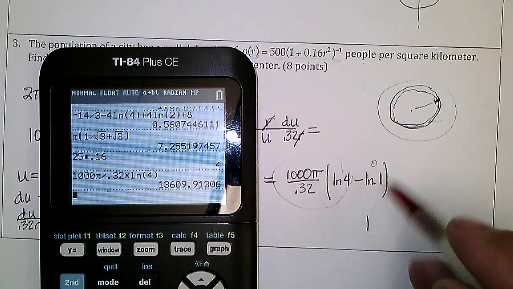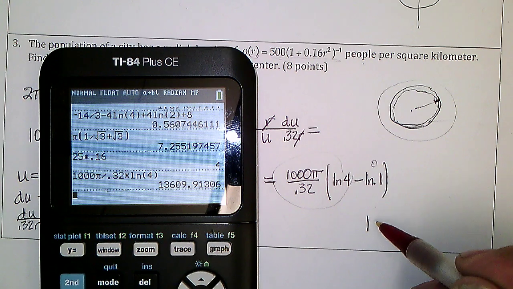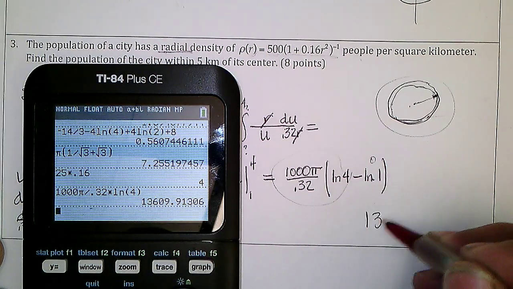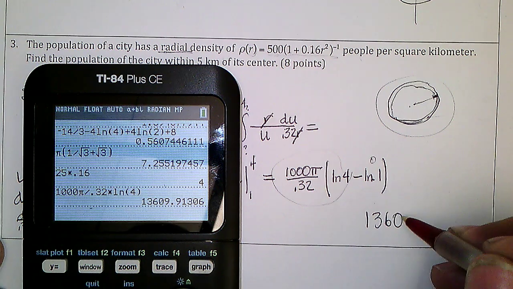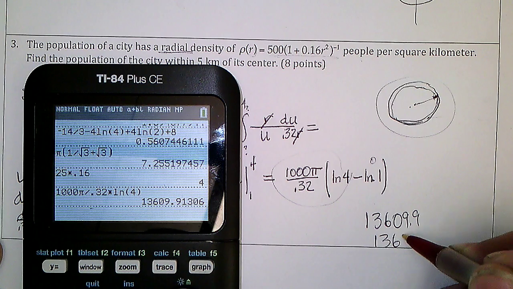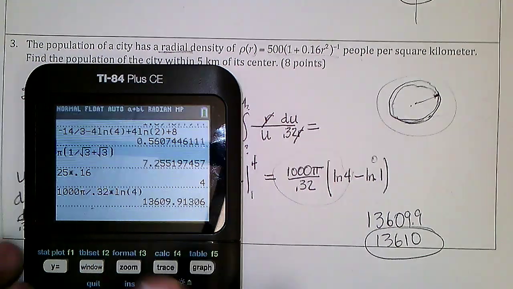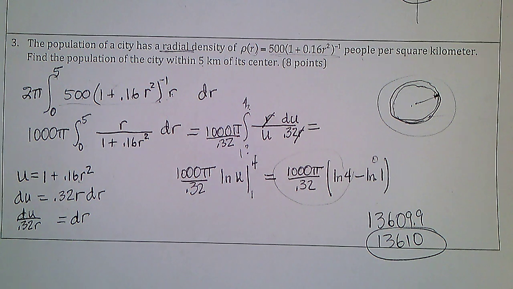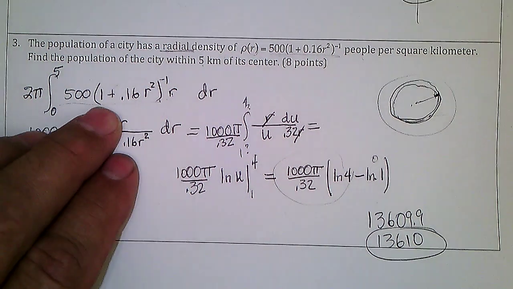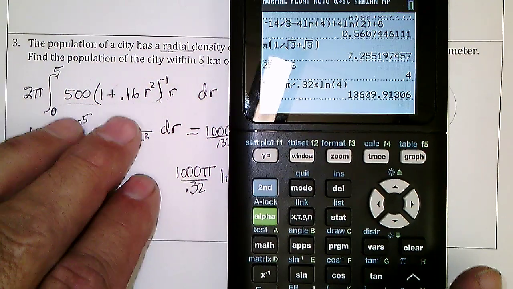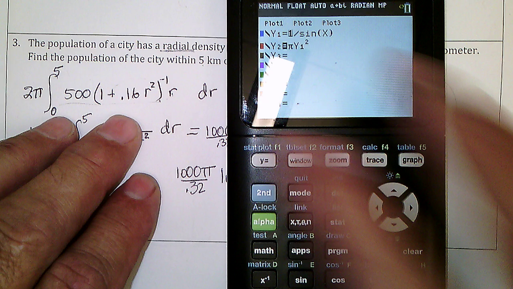Population within the first 5 kilometers of this city is 13609.9, so 13610. That's going to be approximate, of course. And let's see, is there a way to check that? We can go back to the setup and do y equals